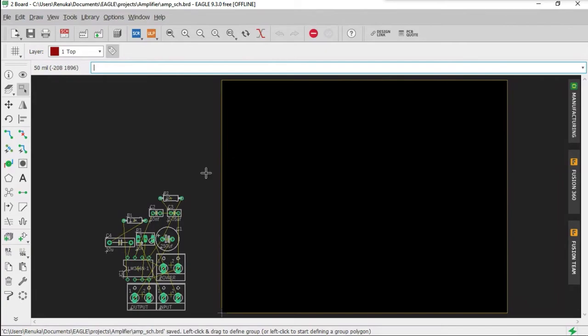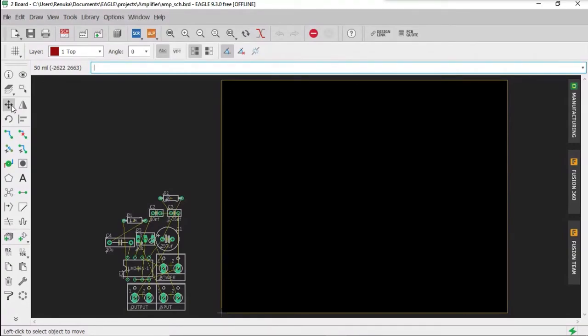Now you need to place all these components which are there on the left side onto your board and arrange them. Okay, to move these components onto your board, you need to select an option called move here on the left side. Same thing which you did in your schematic file, same options are also available here.